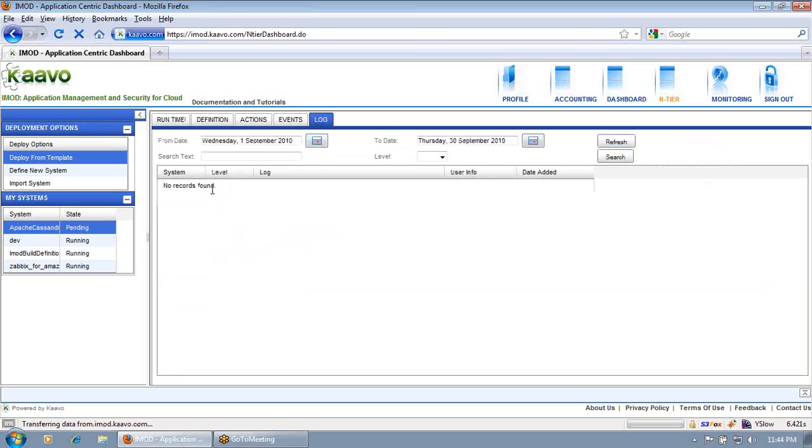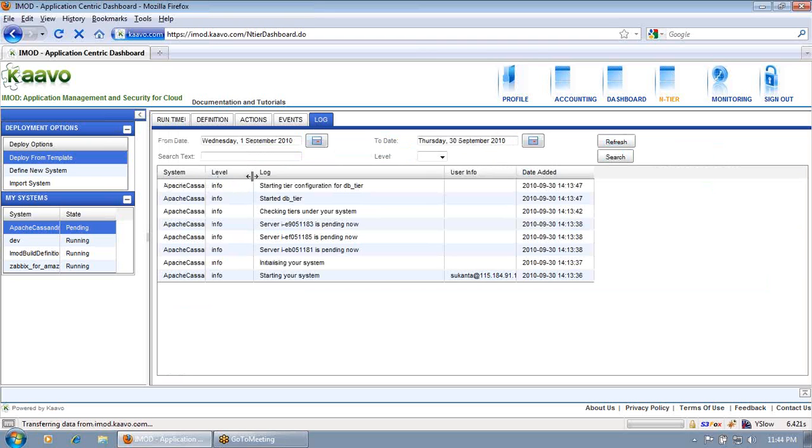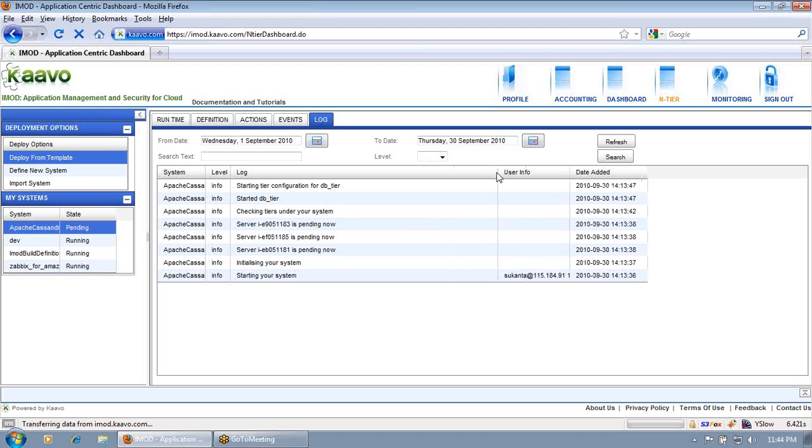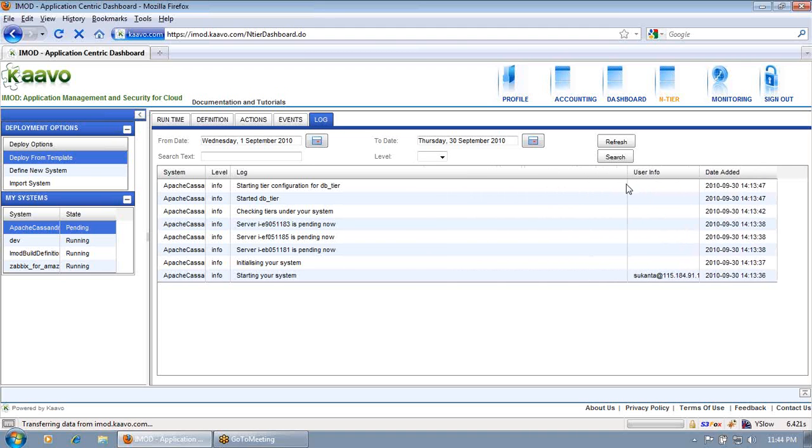In the log area, you can see the latest log, and these logs describe what is going on with the servers. So here we can see that 3 servers are in a pending state.